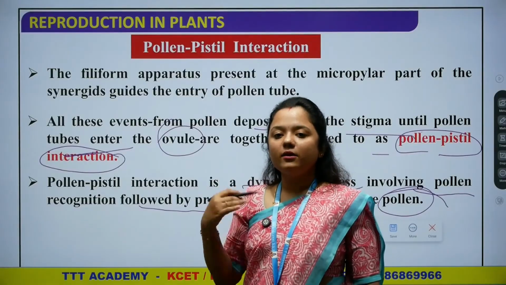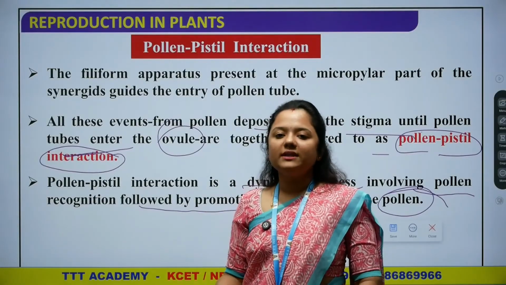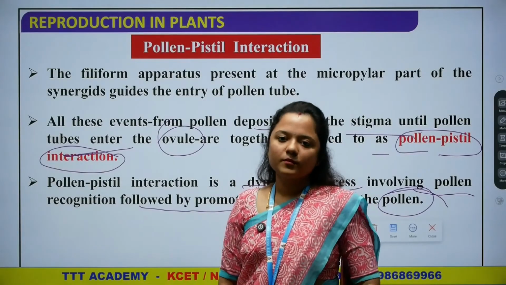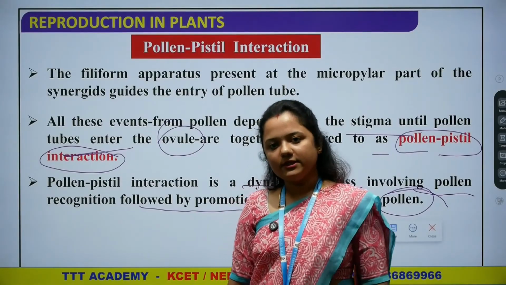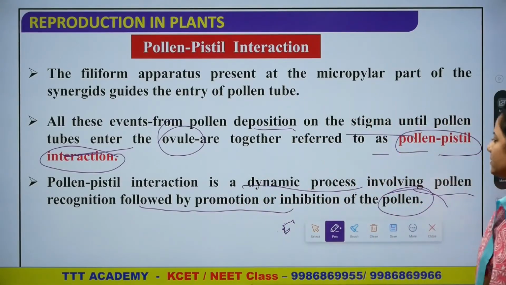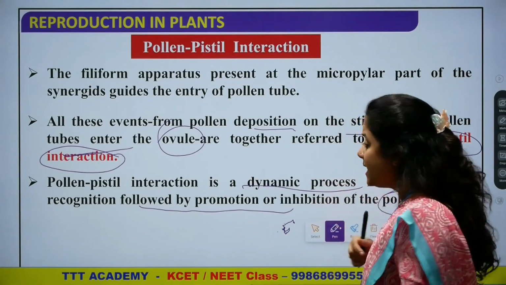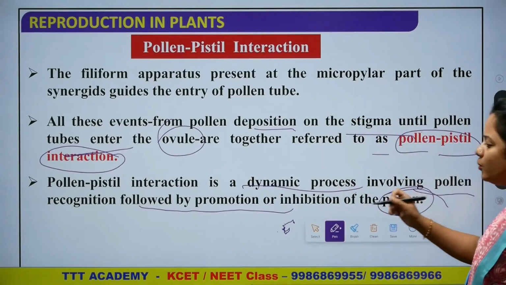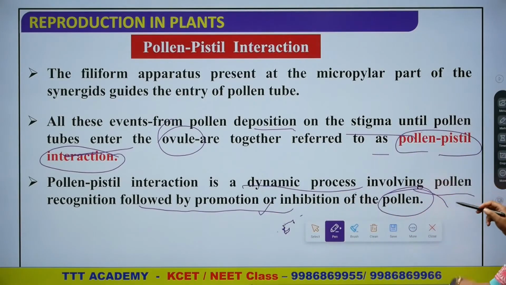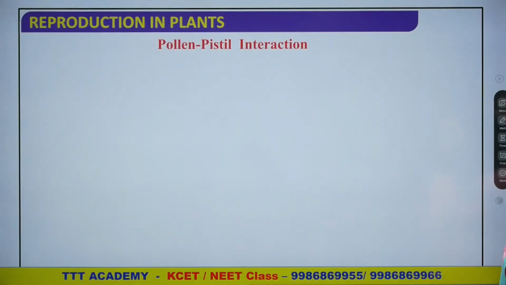Stigma can either allow pollen to germinate or not allow it to germinate. Here, it is having the prominence of the stigma. Stigma is affecting the promotion or inhibition of the pollen grain, right? Now,